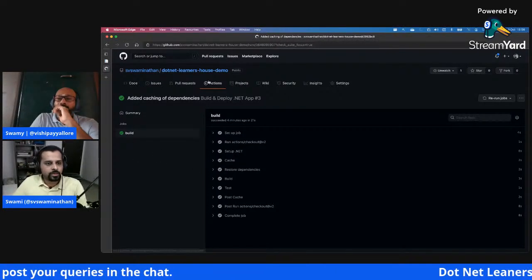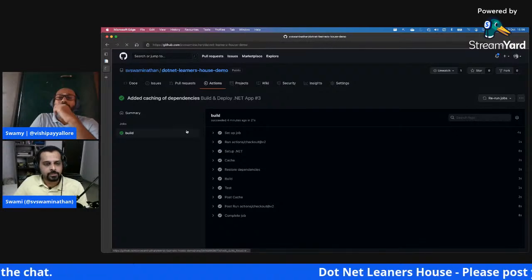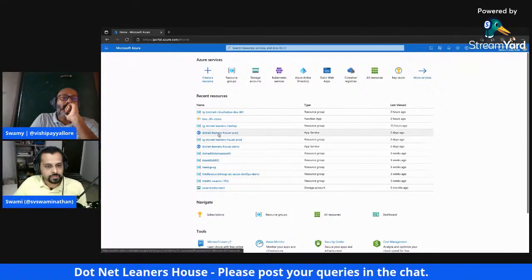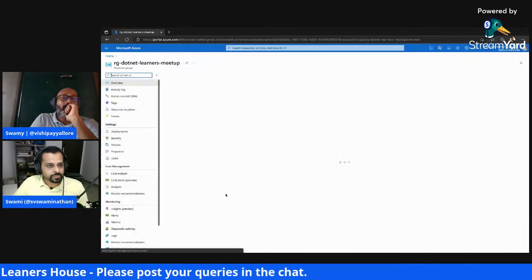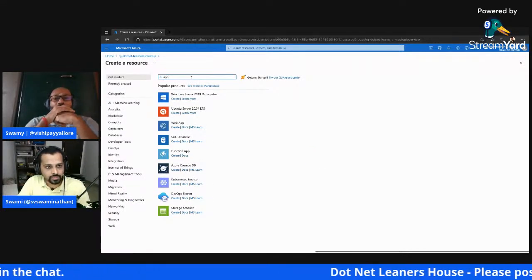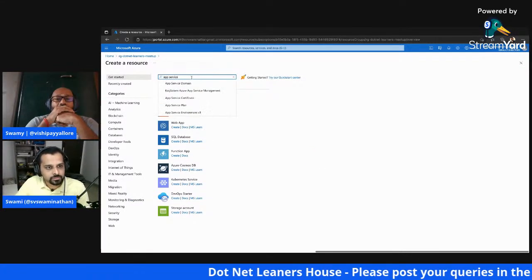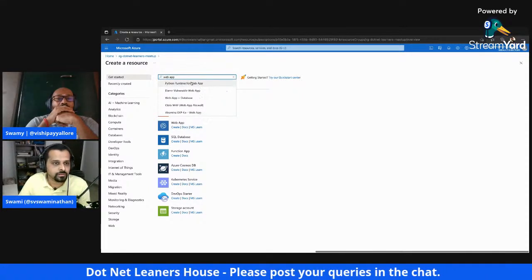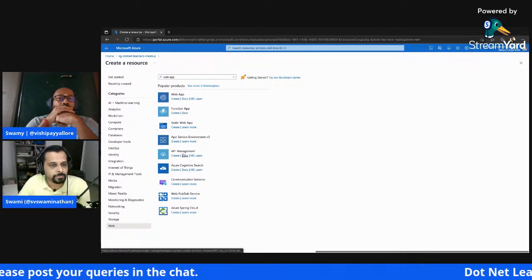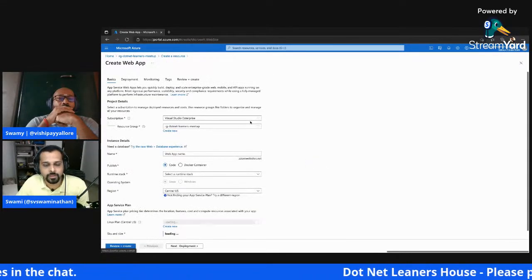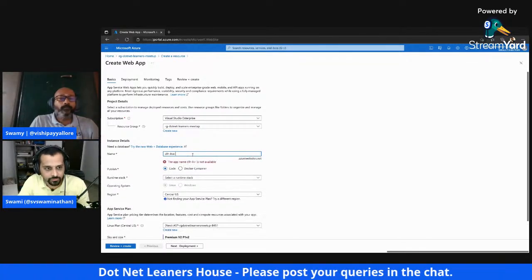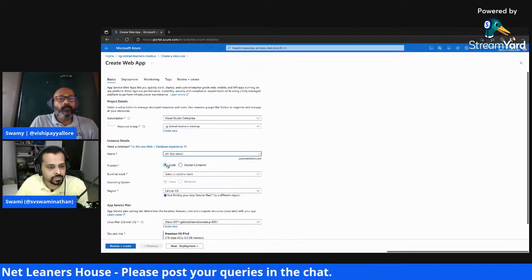Okay, cool. So now let's get into the deployment part, right? Since we're going to deploy on Azure, I'm going to quickly create an Azure app service or web app. Basically, I'm on my Azure portal and just trying to create a new web app. For simplicity, I'll name it DLS live demo, which becomes an azurewebsites address.